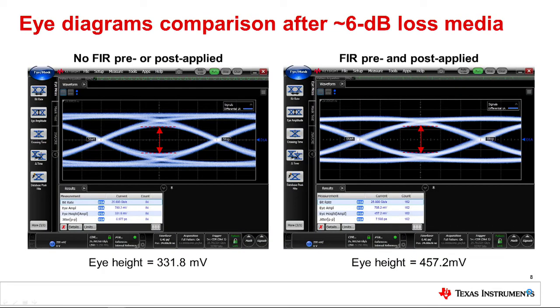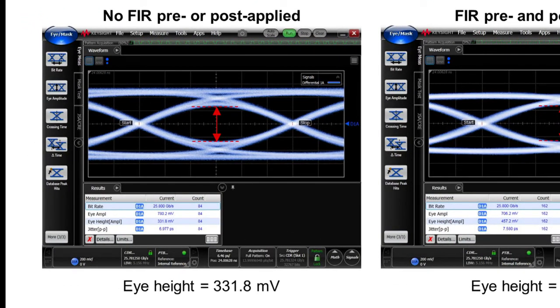Now, on this slide, we illustrate a couple of 25 gigabits per second eye diagrams, corresponding to a signal after transmission across a 6 dB insertion loss channel. Remember, an eye diagram illustrates all the possible bit transitions for a transmitted data pattern. Two key metrics for assessing eye quality are the vertical eye opening and the horizontal eye opening. The bigger the eye openings, the more margin the transmit data has to bit errors.